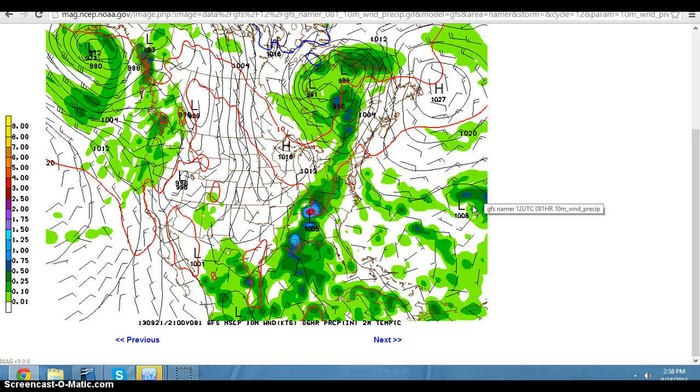Yeah, that's Humberto. That is what's left of Humberto that started off of Africa well over a week ago. It dissipated, then it redeveloped. Well, it's going to dissipate again and should remain dissipated. However, there's other model guidance that says it won't remain dissipated, and if it does redevelop, like the other model guidance has, that will cause problems going forward towards our forecast here, which is something we have to keep an eye out on. So anyhow, getting back to the global forecasting model here,